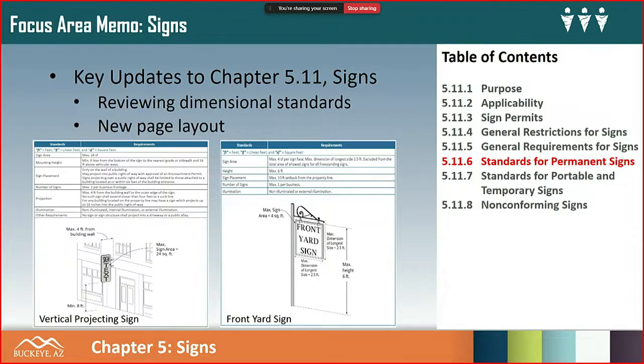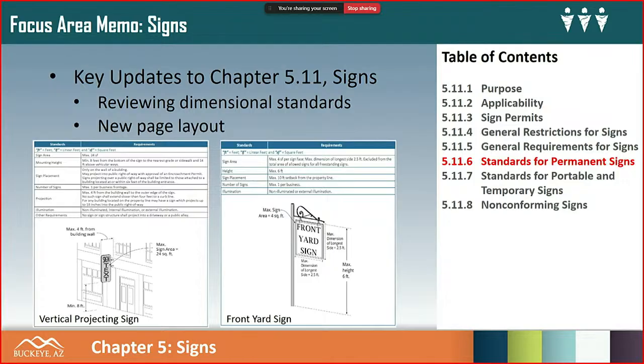But we're going to create for each sign type a very simple FAPC example, like the ones you'll see in the final code. And then in a simple table: how big is the sign? How high is it going to be mounted off the ground? Where may it be placed? How many signs are allowed per business frontage or per business? Can it encroach into the public right of way? In this case, for the vertical projecting sign, yes. How is it illuminated, and so on? So we've done this for every one of the different sign types that you saw in the preceding table.